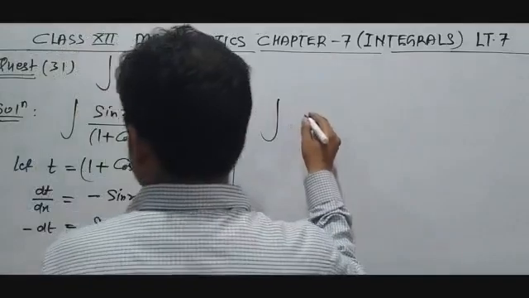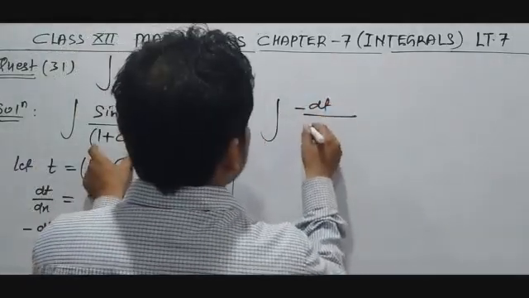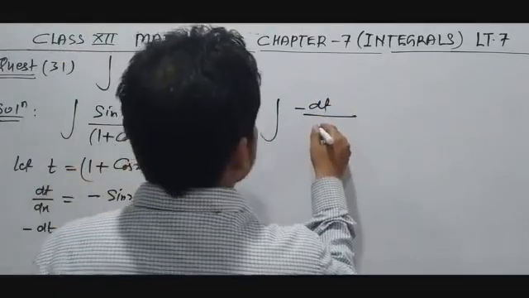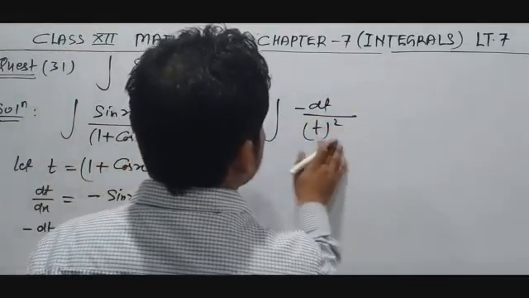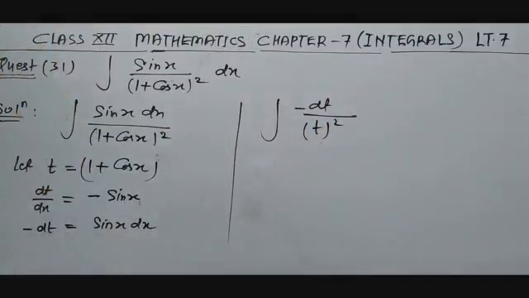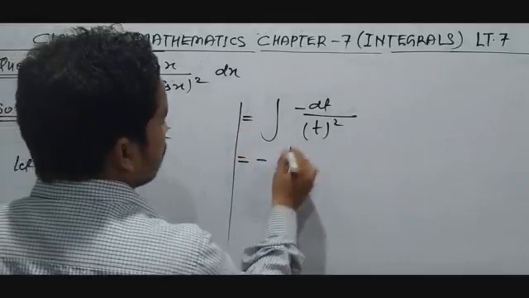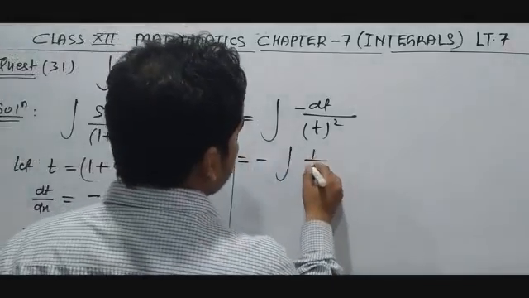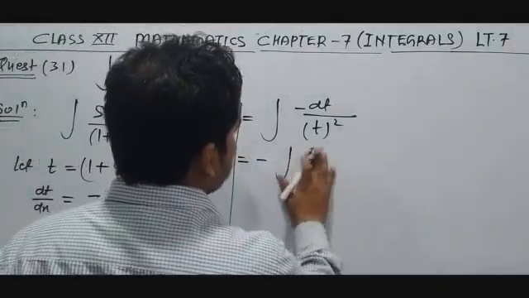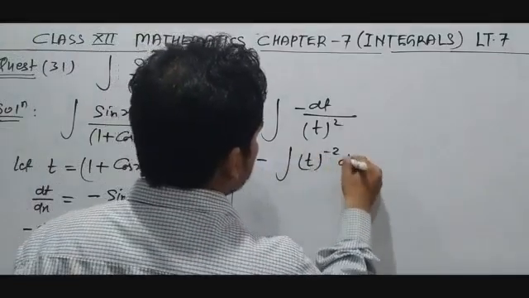Sin x dx is minus dt, and 1 plus cos x is t, so this will be t square. So the whole integration has converted in terms of dt. So this integration can be written as minus integration of 1 upon t square, and 1 upon t square means you can write t to the power minus 2 dt,